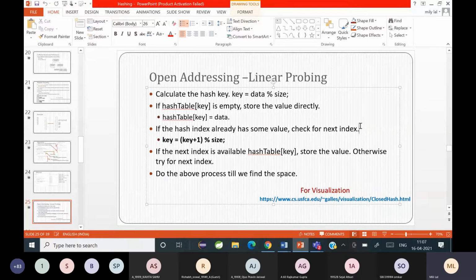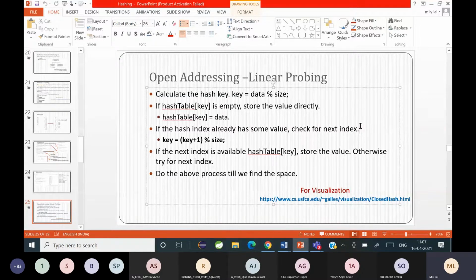And you see if that is also available, and this process goes on until the position is available and you insert it. That means you are looking for a vacant location in the data structure in the open addressing linear probing method. Do you all remember that?